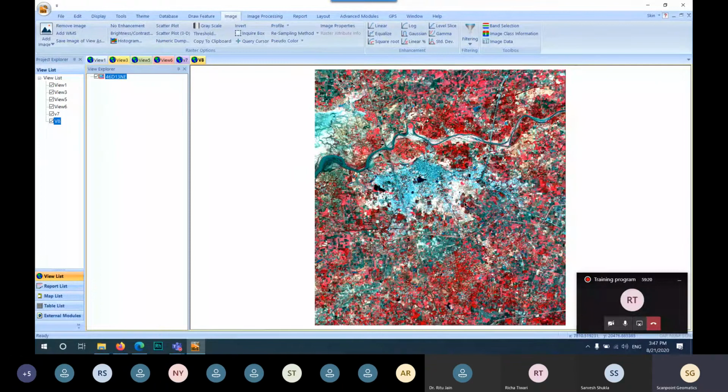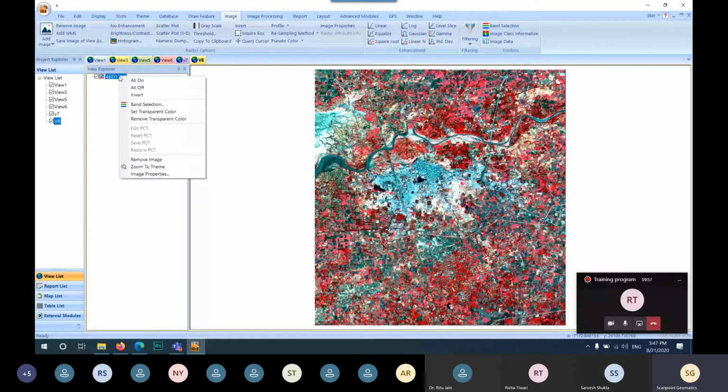As our human eyes are only sensitive to the red, green and blue colors, the NIR region is not visible, not sensitive for our human eyes. So we convert our imagery bands into RGB, means we can convert the NIR band into the red band, the red band into the green band, and the green band into the blue band. That is known as false color composition, FCC.